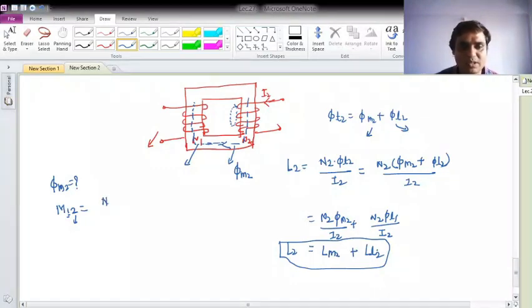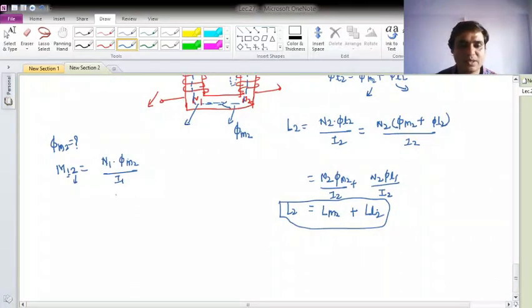Okay, and this can be defined as the flux linkage in coil 1. So how much is the flux linkage? N1 into the flux, that is phi m2, over the current flowing in coil 1, that is I1. Okay, now what next? I would like to find out how much phi m2 has been linked. So in order to know phi m2, how will it be? I should know the magnetic field density into the cross section area of the linear magnetic circuit,